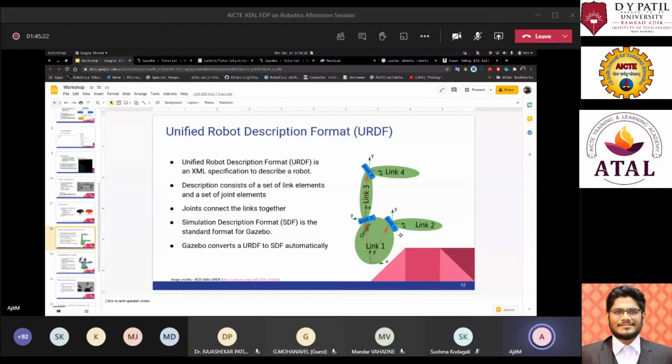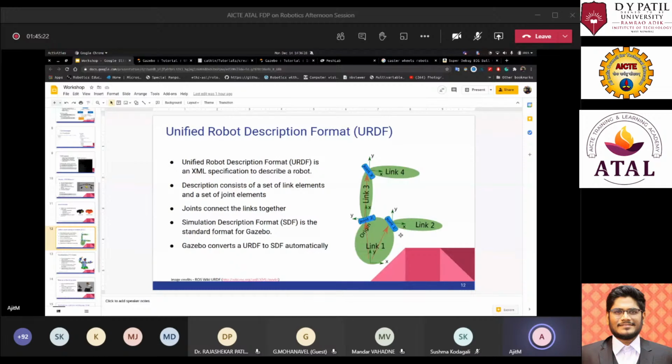So that would be the origin of that joint. Now this origin will again have XYZ and RPY. So now for this link, the origin of this joint will be 0.115 for X, 0.0 for Y, and for Z it would be 0.07. Now I'll tell you how I came up with those numbers a little bit later, when we start to visualize the system. But right now just take it that I have come up with these numbers.